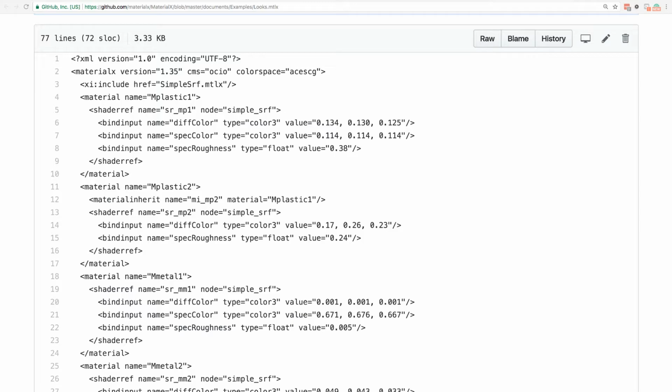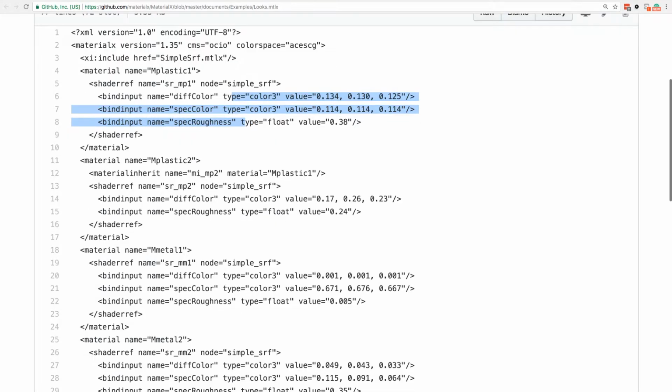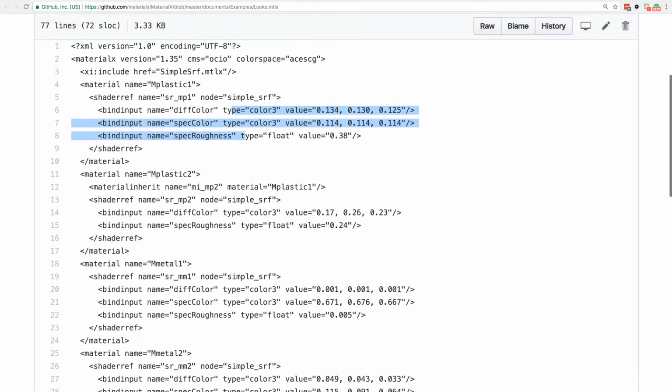It's going to be a simple shader, and these are going to be inputs or values that are going to be set for it. If we pretend that this MPlastic also had a bump assigned to it, there's going to be an additional shader ref. So that lets us know that this material node might contain one or more subnodes that are going to need to be created inside of Blender.